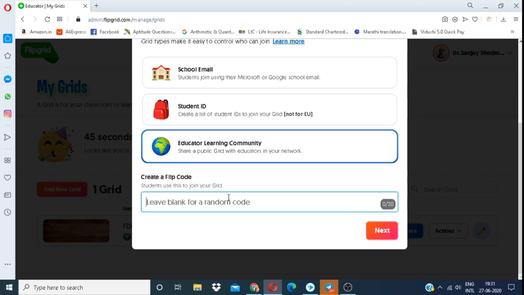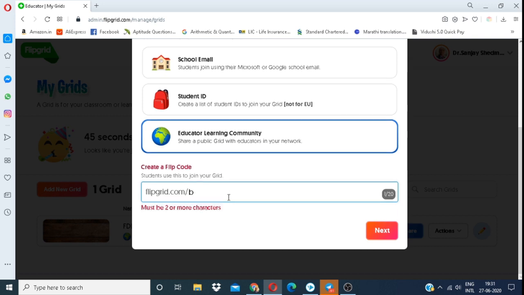If you leave it blank, it is going to generate its own random code. So I'm going to make my own code which says learn biology. Yeah, so this will show you whether the code is available or not. This code is available. So I'm going to proceed by clicking next.